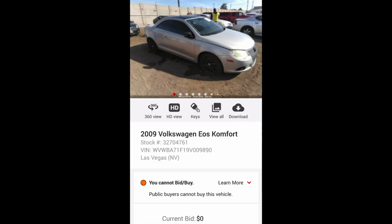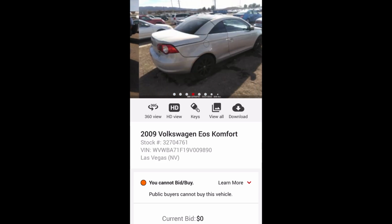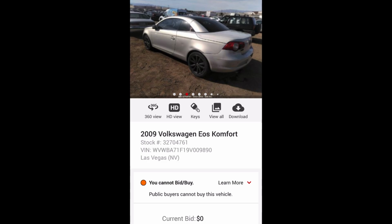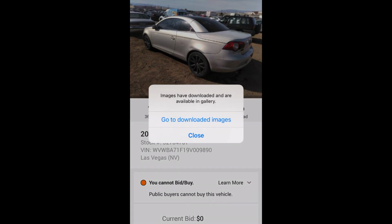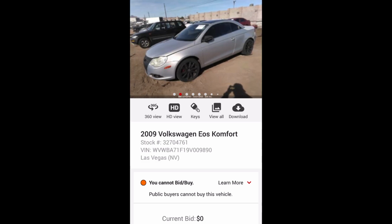Volkswagen EOS. Hey, this one is the same. Wait a minute. Hey, yeah, I needed to download those images. I needed one of these. Oh, shit. See, I almost ran a red light and then it turns green right when I try to stop hard. Damn it. Anyways. This one right here,